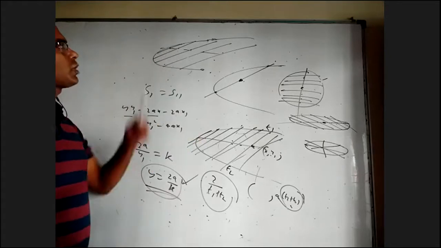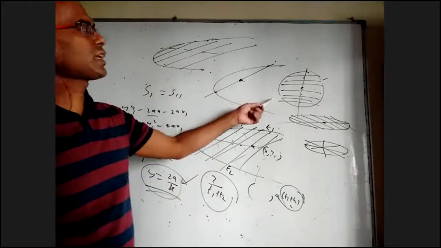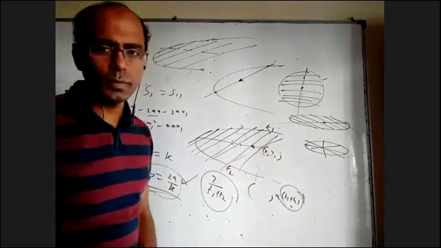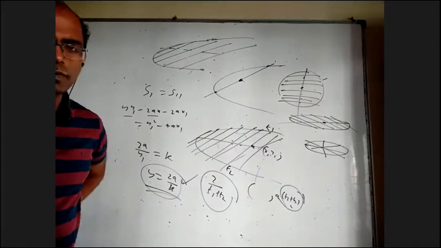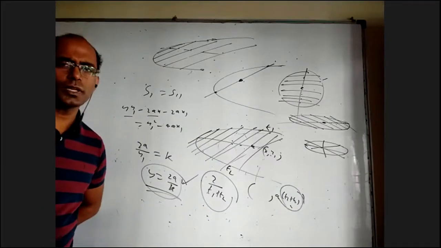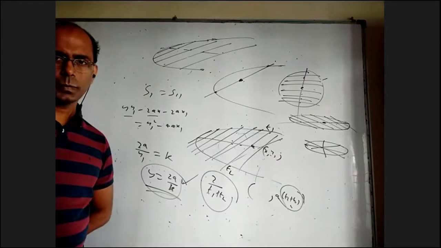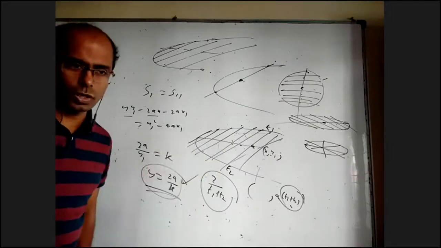It need not be a horizontal line. In the case of parabola, it became a horizontal line. But in the case of circle, it will be a line passing through the center. In the case of ellipse and hyperbola also, it will be a line passing through the center. So for circle, ellipse, hyperbola, you don't have any problem with diameter. The usual meaning that you know, a line passing through the center is called diameter. But in parabola, any line parallel to the axis is called diameter.